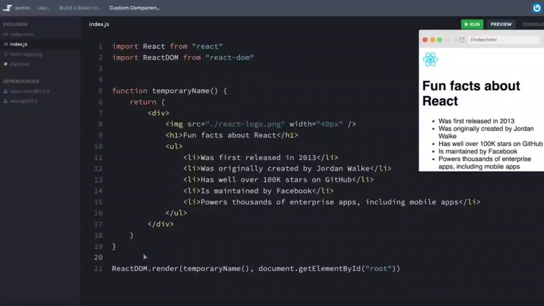And what we have here is basically 90% of the way into creating our own custom components. A function like this that returns React elements is considered in React a component. However, there's a couple of conventions that we need to follow for everything to work correctly all the time. The first one is we need to use Pascal case instead of camel case for our component names. All that means is